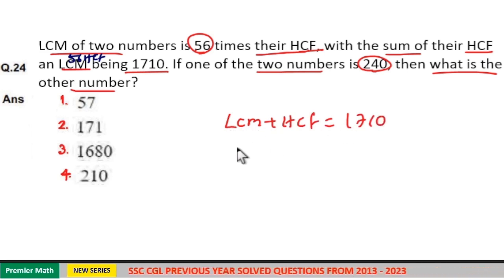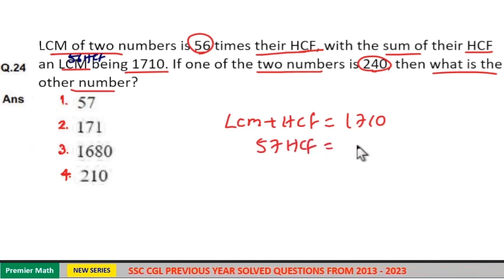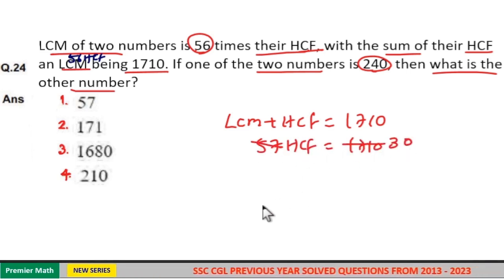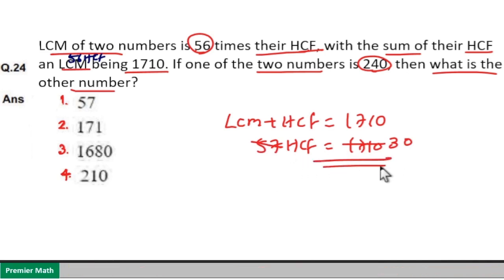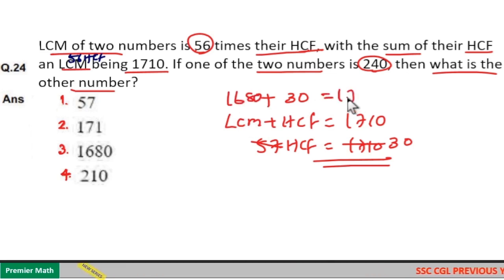LCM is equal to 56 HCF. Plus HCF is 57 HCF. So here 57 HCF is equal to 1710, means 57 goes 30 times in 1710. So HCF is 30, then LCM should be 1680 because the sum is 1710. If LCM is 1680,